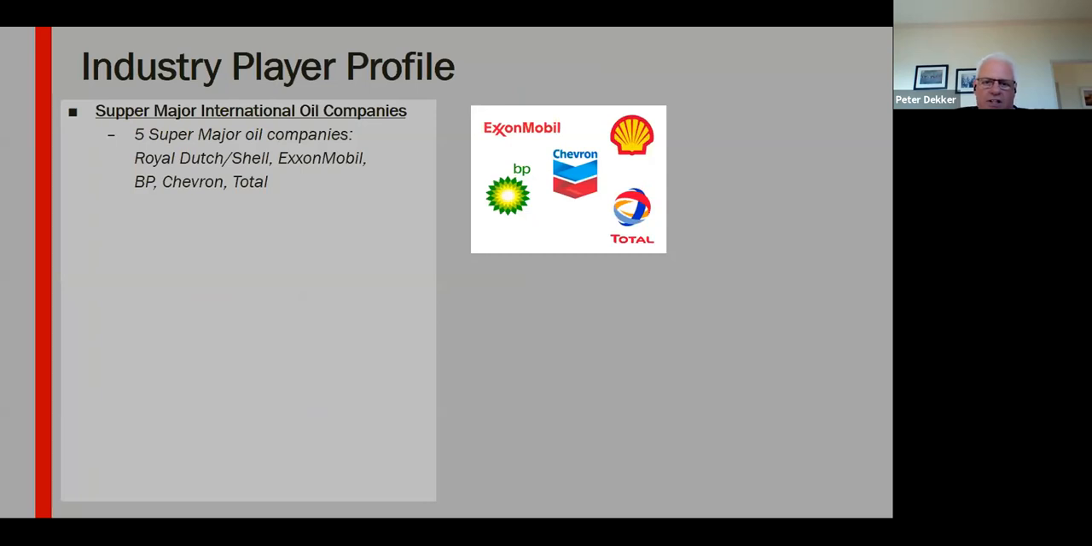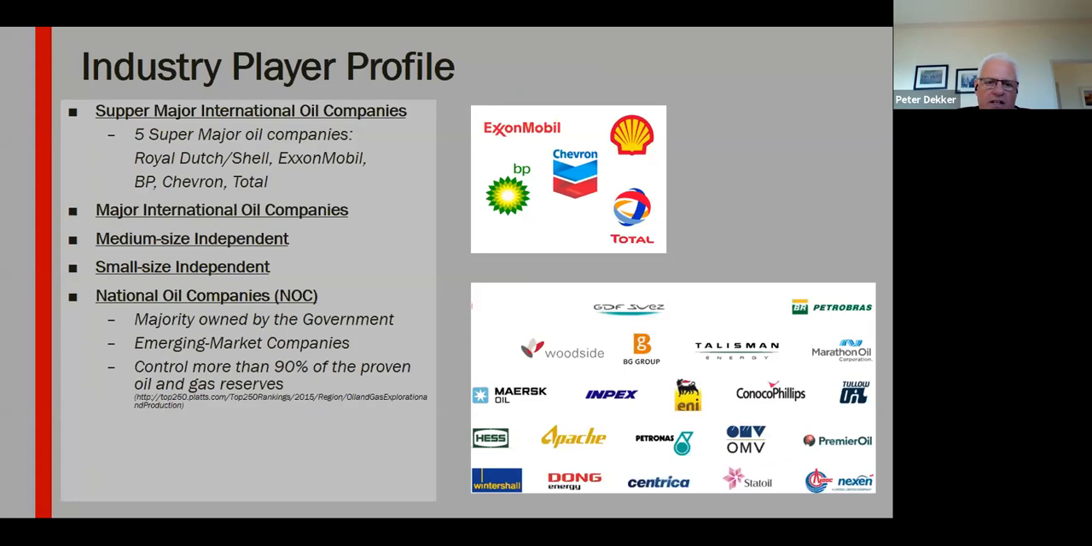The industry players profile. In the oil and gas market, you've got super majors. In essence, there are only 5 super major oil companies: Royal Dutch Shell, ExxonMobil, BP, Chevron, and Total. Then you've got major international oil companies, medium-sized independents, small-sized independents, and national oil companies. To name a few, BG Group, Maersk Oil, OMV, ConocoPhillips, Wintershall, you see them. And then the national oil companies, you've got Petrobras, Equinor,